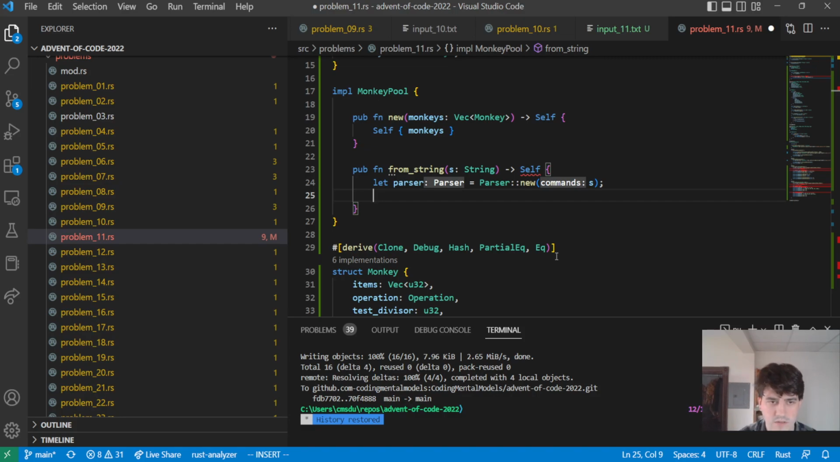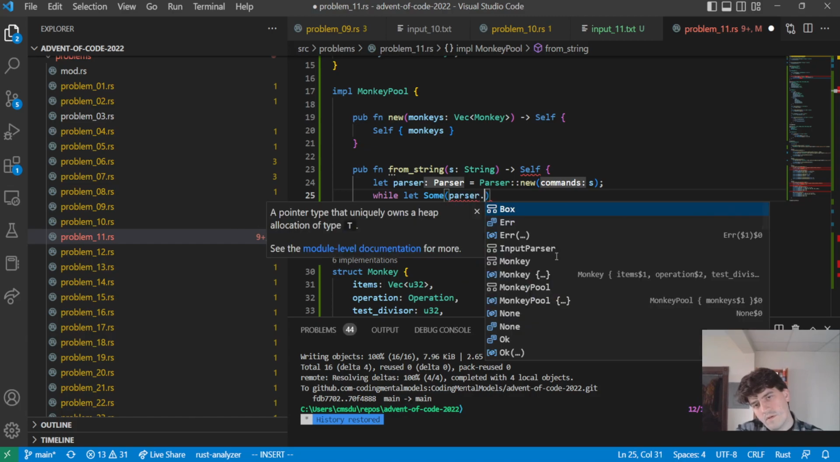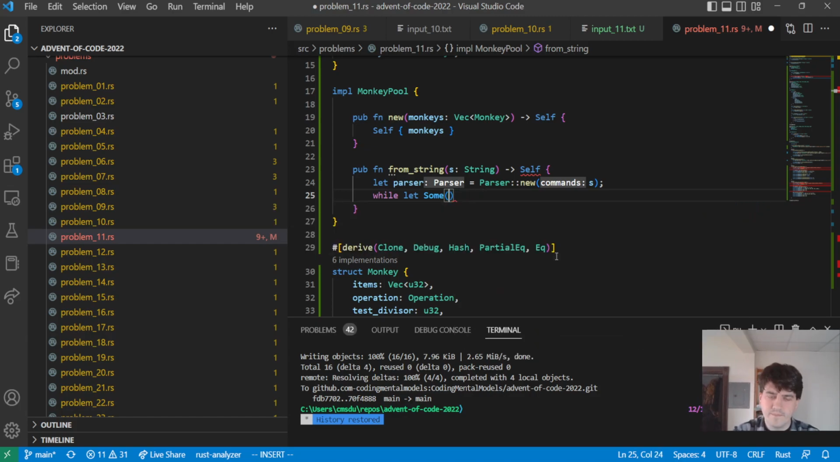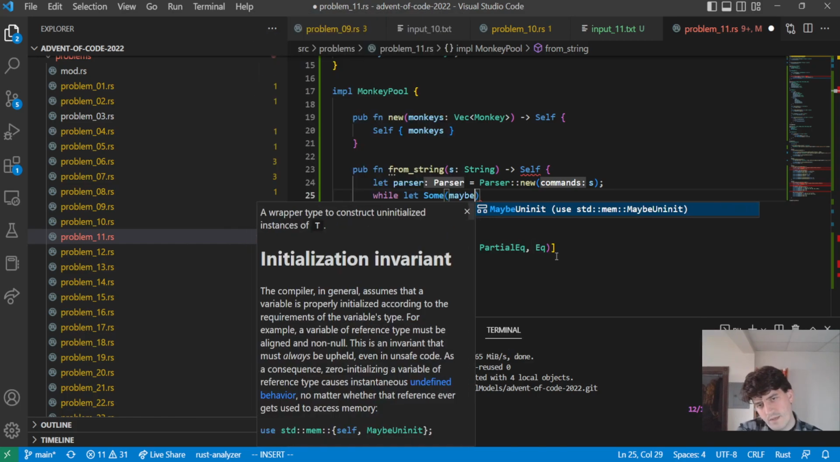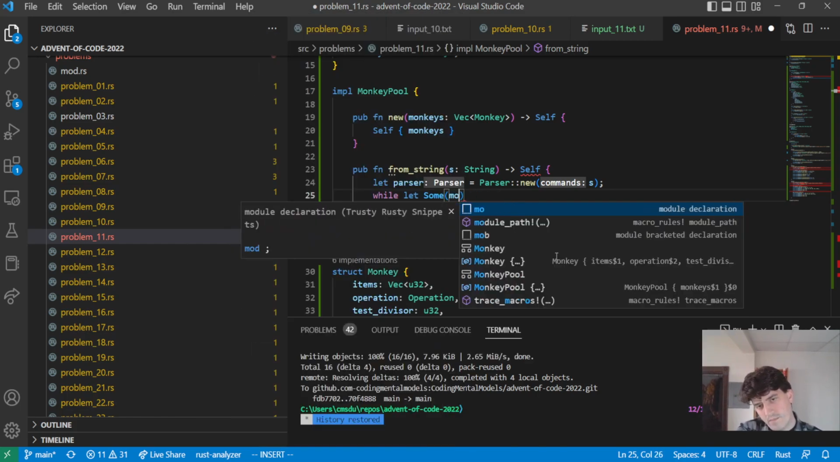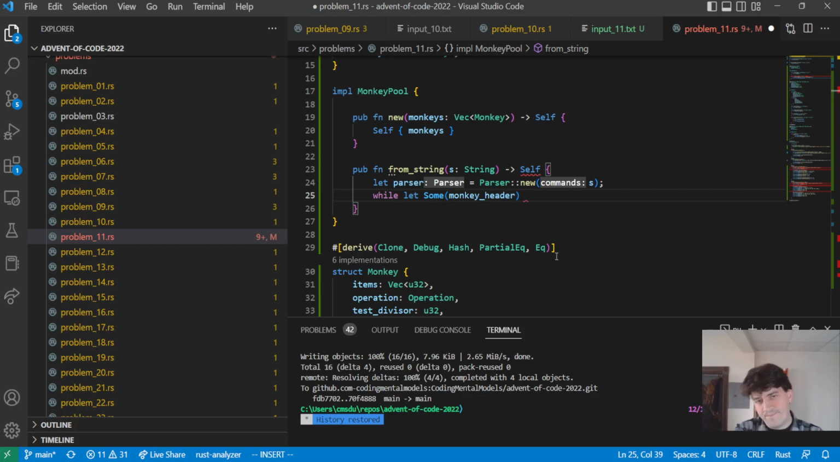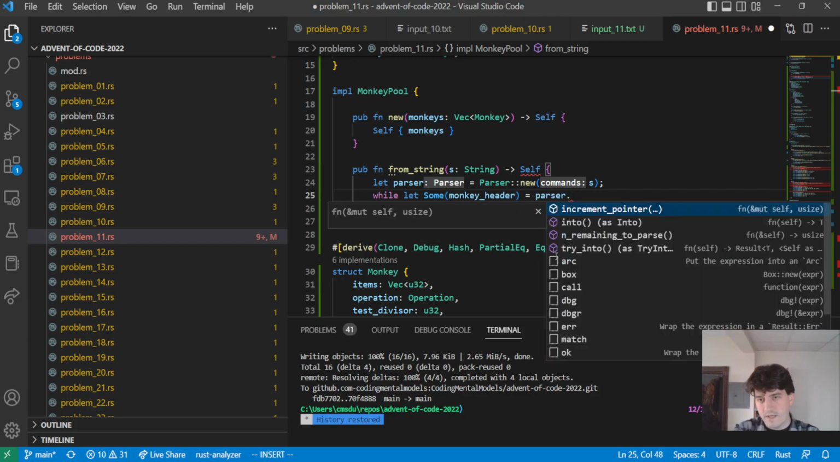we're just going to want to expect monkeys until we run out of monkeys. So can we do while let Some maybe header, or I guess it always will be a header, monkey header. b parser dot